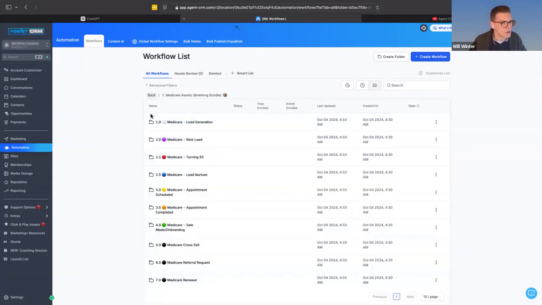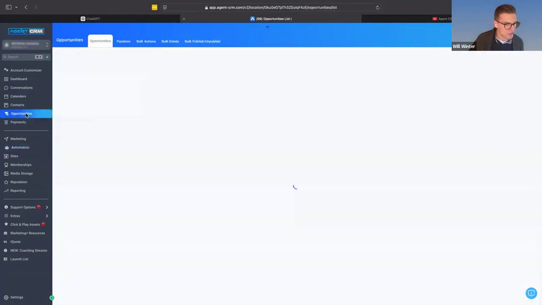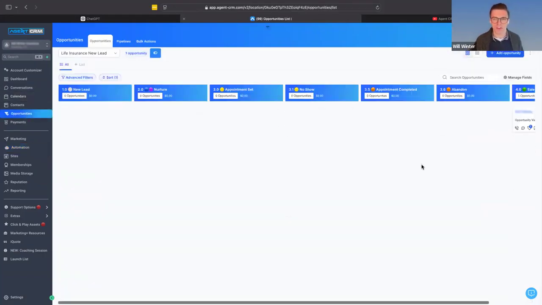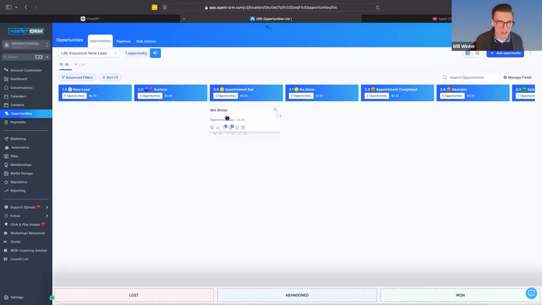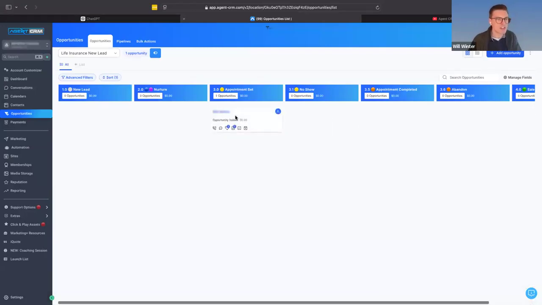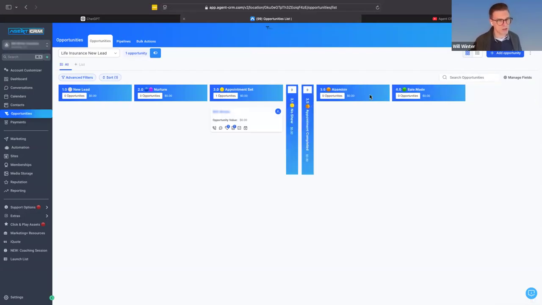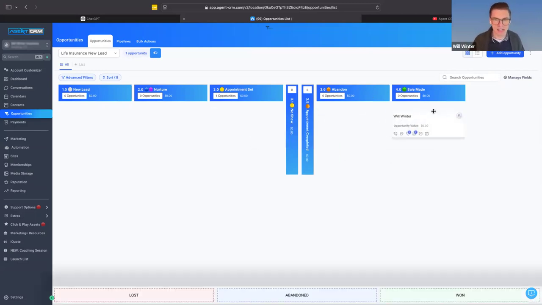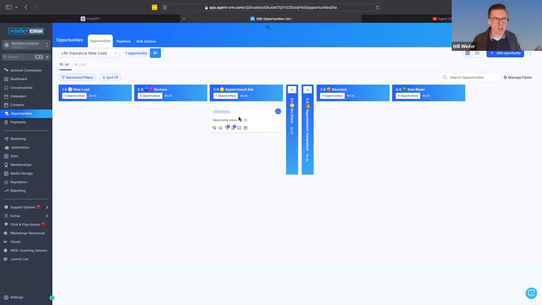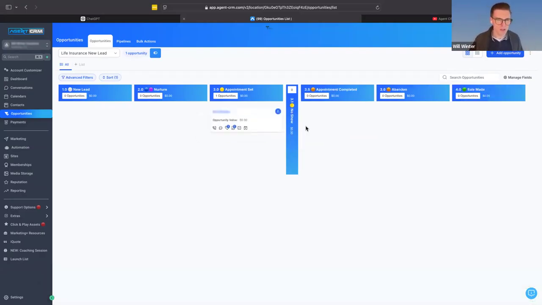workflow. But just as a recap, how do people even get these cross-sells? You can send them automatically. We want to show you how to send them automatically and manually. But as a refresher, if you do an appointment with someone, let's say I've got a little card here. So this is me. I just had an appointment with you. If I sold you a policy live on that appointment, so we closed, it's a deal, I'm going to drag you to sale made. Now, if you have not locked it in, if it's like a maybe, drag them to